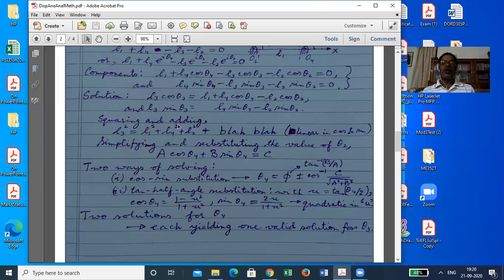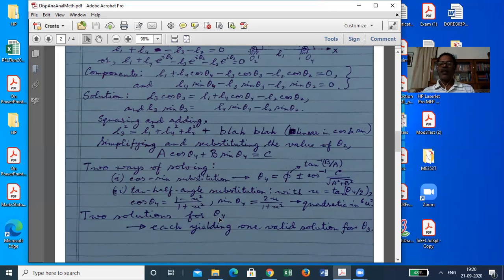And to get that value of theta 3, if you use this, cosine will suggest two values. If you use this, sine will also suggest two values. Now, out of these two values from this equation and out of these two values from this equation, only one of the values will be common. The wrong one here will not match with this one's value, and the wrong one of this one will not match with that. So only one will be correct. That is one care one should exercise. Otherwise, suddenly you would find four sets of values. Two solutions for theta 4, both of them are valid.